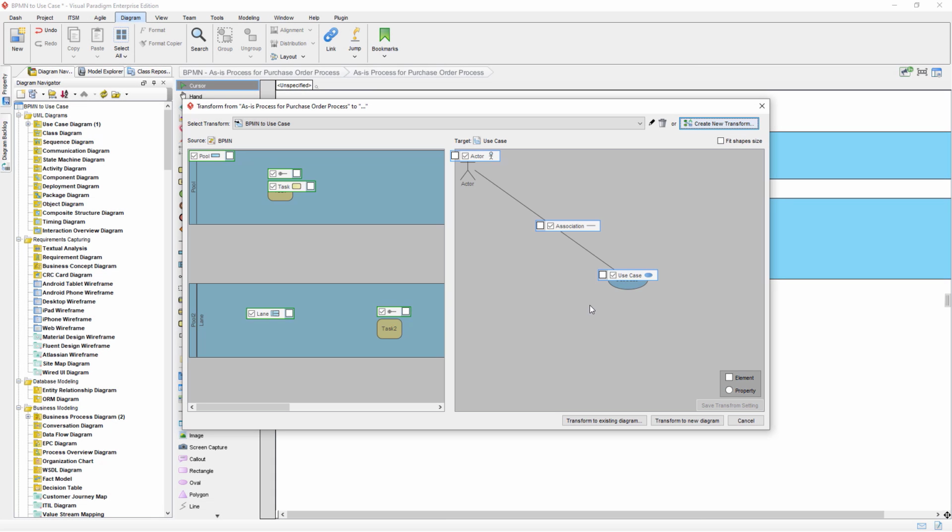We now define the transformation mapping between the business process diagram and use case diagram. Map both pool and lane to actor. Then map the task to use case. Finally map both containment relationships to association. Save the transformation setting. Select Fit Shapes Size, and press Transform to New Diagram button to create the use case